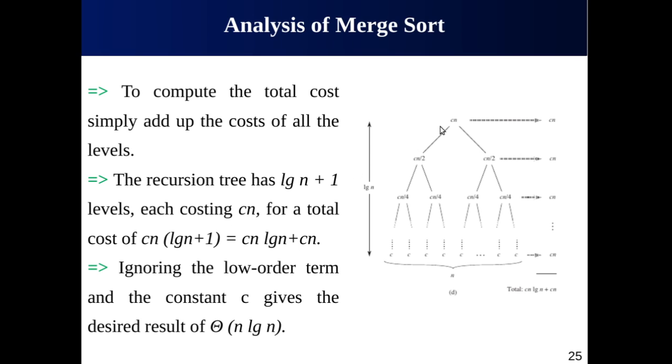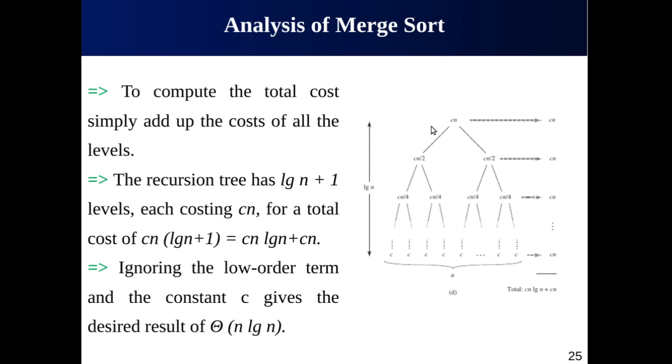In summary, we have to find the cost of each level and also the height of the tree, which is equal to log of n plus 1. Or you can also simply consider log of n, it doesn't matter, because we have to ignore the lower-order terms. So at each level, the cost is Cn, which is a constant times n, and then the height is log of n. So once you multiply,